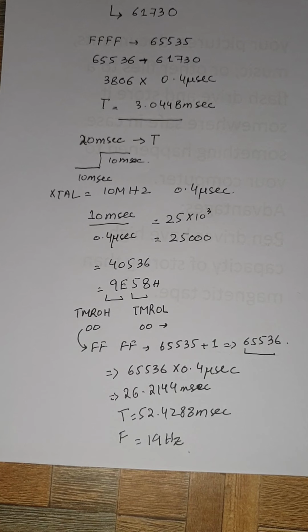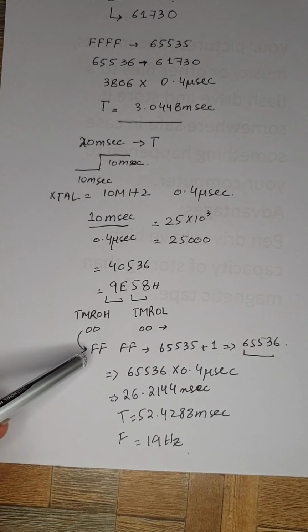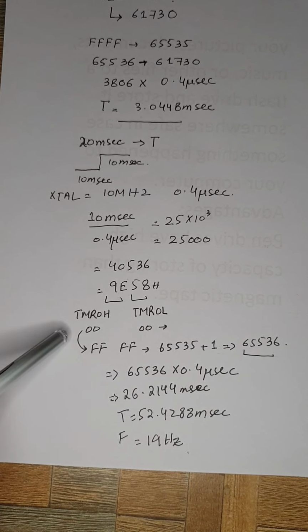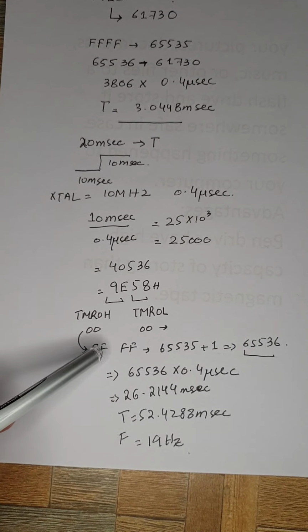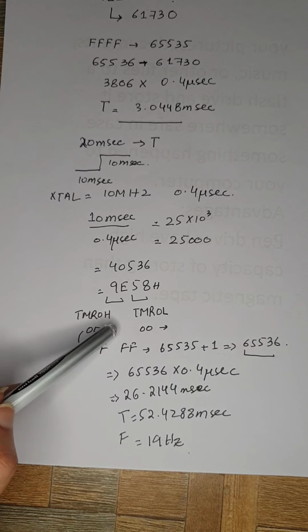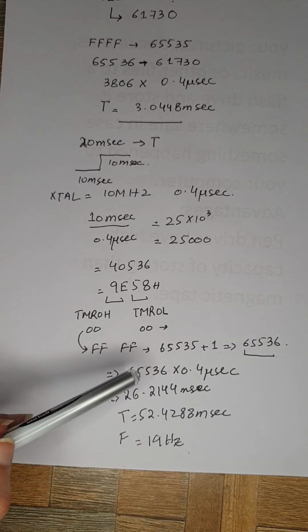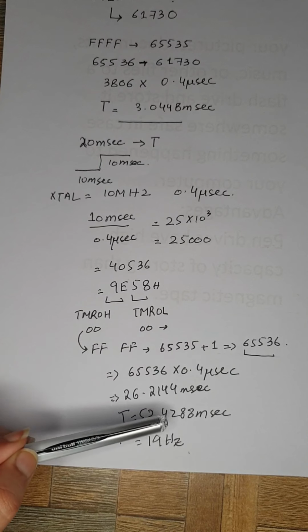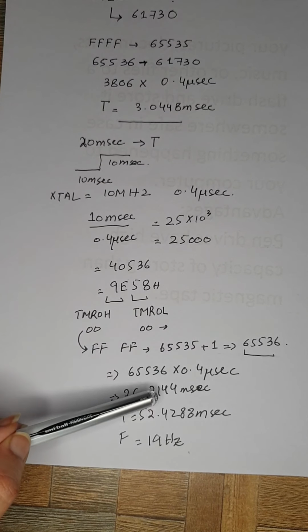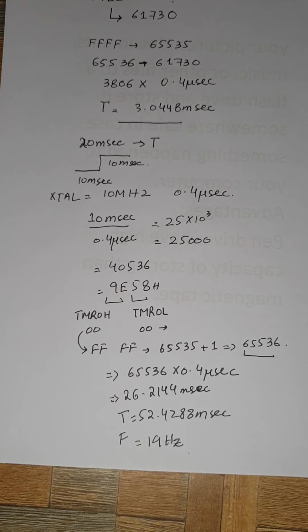Also, you can do it for the highest frequency of the signal that you can generate using this 16-bit timer programming. This is being assigned to you guys. Just load the timer with the maximum value that will be equal to FFFF hex. So once the timer rolls over, you will get a single count for that, and then you need to convert it into the decimal and multiply it by 0.4 microsecond, then again multiply it by 2 for calculating the total time period, and then take the reciprocal. Let us know what will be the value of that frequency signal.